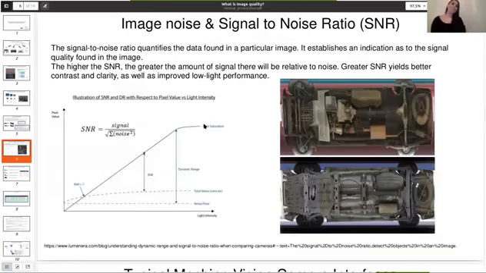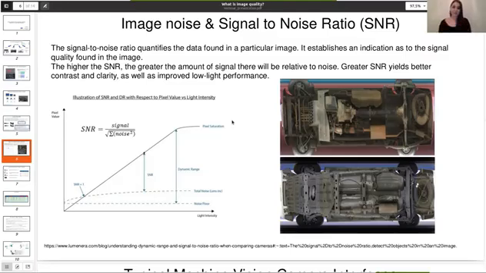And okay, so moving on a little bit to image noise, to what image noise and signal to noise ratio mean. Out there in the market, there are a lot of cheap cameras that at first glance claim to have a good performance in terms of, for instance, resolution or frame rate. And if you're not an experienced person in terms of camera selection, you might think, okay, I will go with the cheaper one. It's the intuitive way. But it turns out that